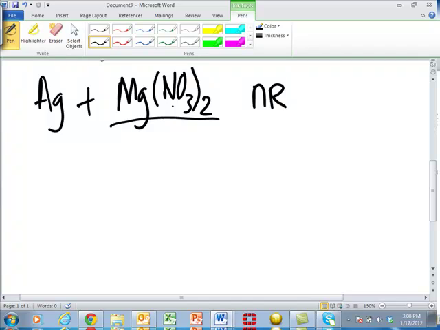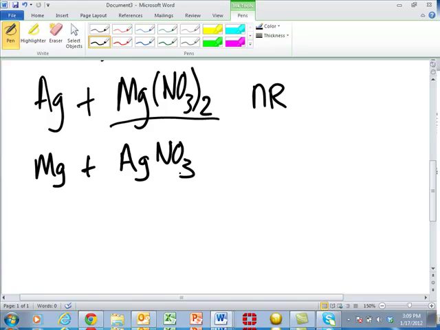Now let's look at the flip side of that. What if we added magnesium to silver nitrate? Which one's higher on the list, magnesium or silver? Magnesium. So magnesium is going to take the anion. So in this case, is there going to be a reaction? Good, because magnesium is going to take this anion, NO3 negative. So we'll end up with,